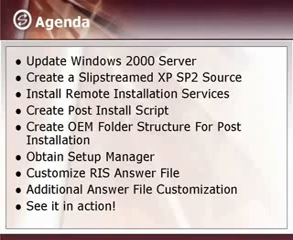creating a slipstreamed Windows XP SP2 source to be used by remote installation services. We're going to install remote installation services onto a Windows 2000 server. We'll create a post-installation script, create an OEM folder structure for the post-installation along with its source files so that it